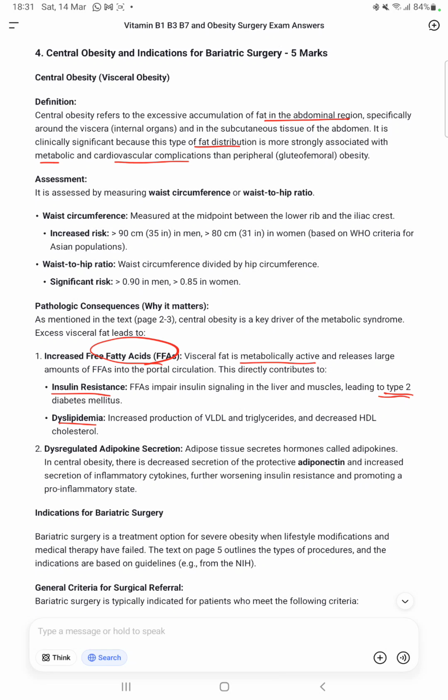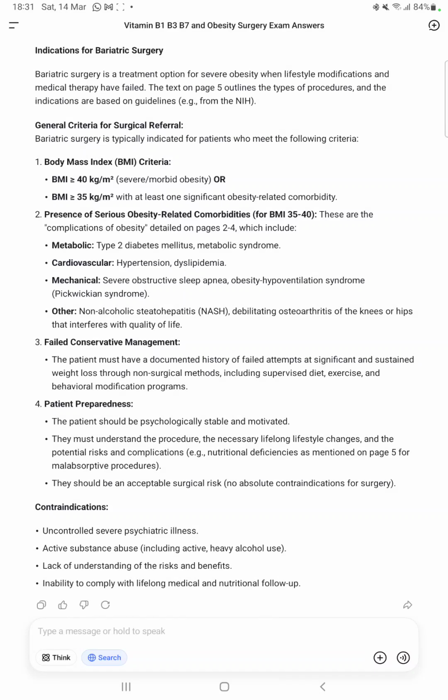Then what are the indications for bariatric surgery? So the NIH gives the indication for bariatric surgery as a BMI of more than or equal to 40 kg per meter square, that is morbid obesity or severe obesity, or a BMI of more than or equal to 35 with any one comorbidity, for example diabetes or insulin resistance. Then the presence of serious obesity-related complications in BMI 35 to 40, for example type 2 diabetes, metabolic syndrome,